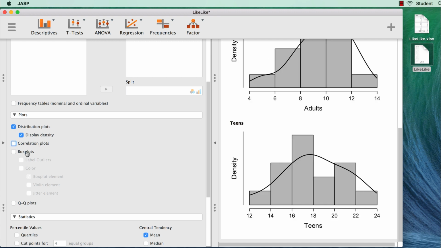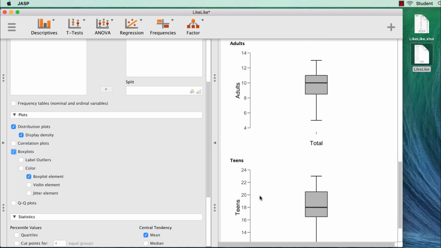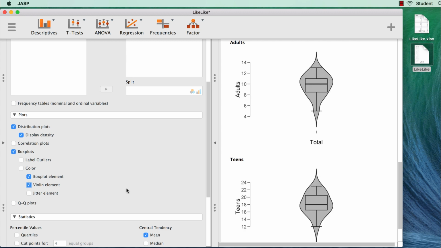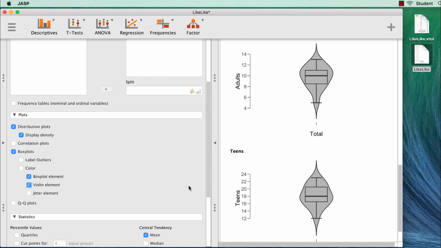What does make sense here are box plots. We can see that the adult median is centered on 10, while the teen median is centered on 18. Teens use the word like nearly twice as often when describing. Add the violin element, and we can see that the distributions are shaped rather similarly. The ranges are similar. The boxes of the box plots are similarly sized, except one box plot median is higher